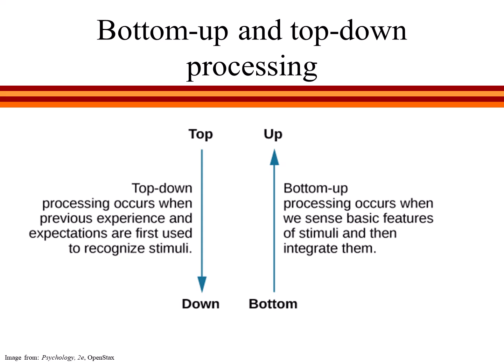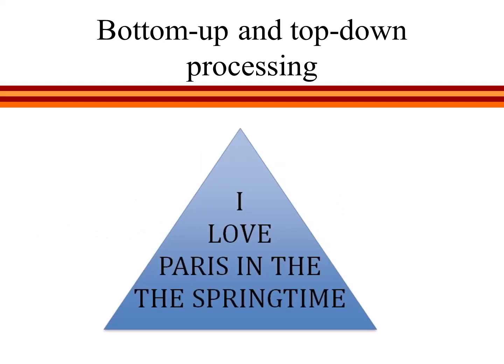In top-down processing, the process starts instead with our minds, our prior beliefs, knowledge, and experiences, which then work down to influence how incoming sensory information is perceived. As an example, look for a moment at the following picture, which is also in your NOBA reading for this week. My guess is that you likely had no trouble reading the sentence, "I love Paris in the springtime." But did you notice that there are actually two "the"s?